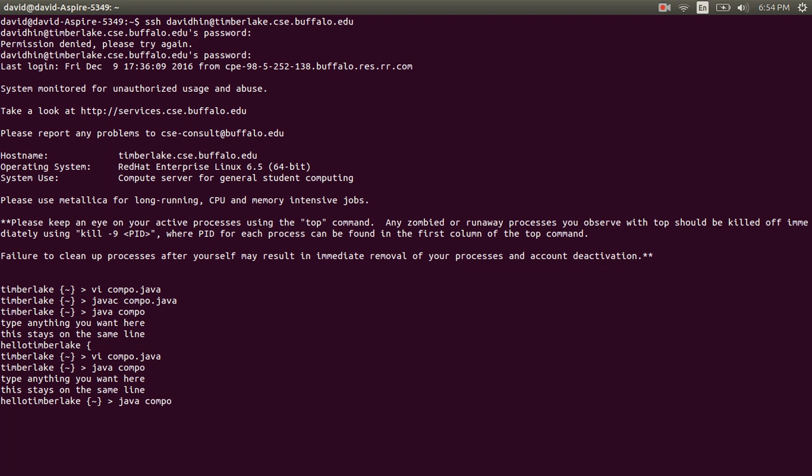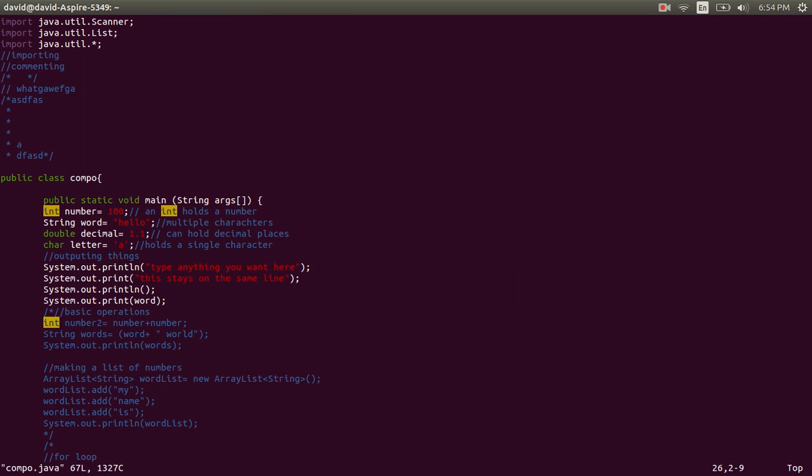And if I print something on that same line, it'll stay there. So if I did something like this, System.print